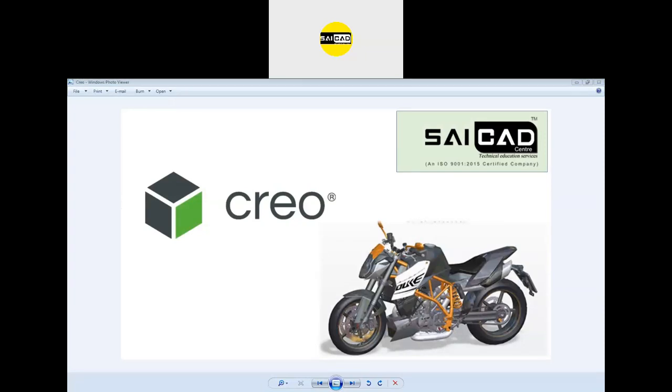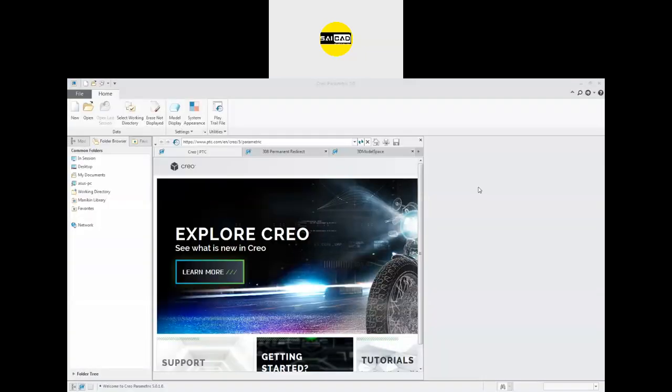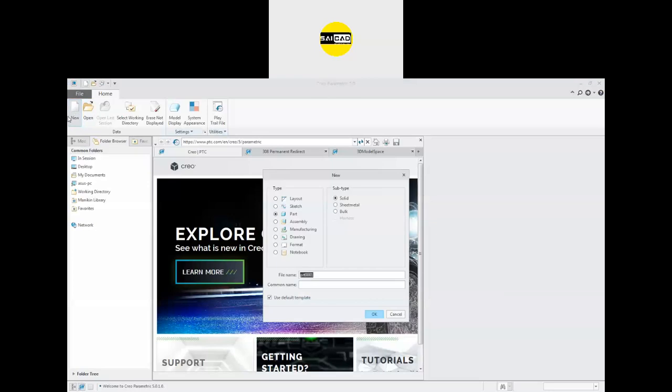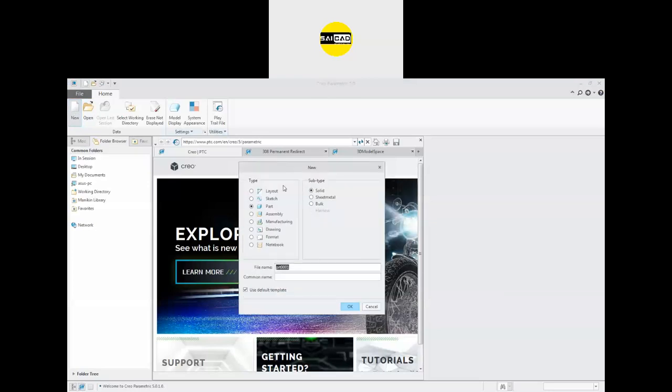Okay. So we are going to start with the geoparametric assembly. So for the assembly, you just have to go to the new, and there is the option in the new dialog box that is below the part.